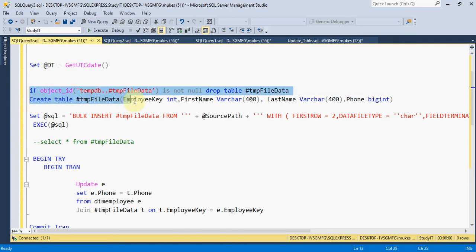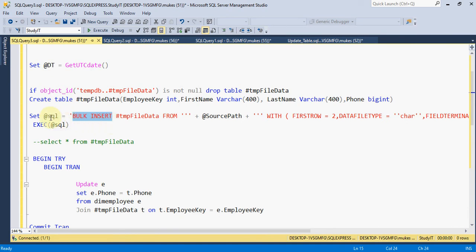So I created the temp table, and within this temp table I'm inserting this data by using dynamic SQL. In the dynamic SQL, I am using bulk insert. Bulk insert is the function to load data from different formats into SQL Server.